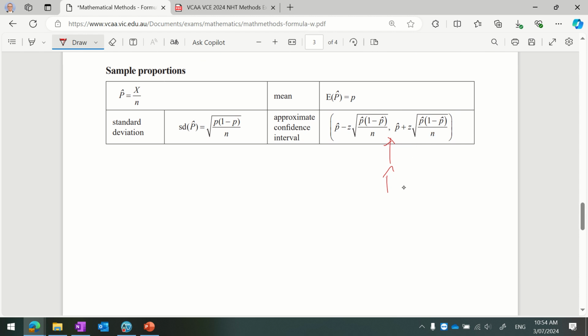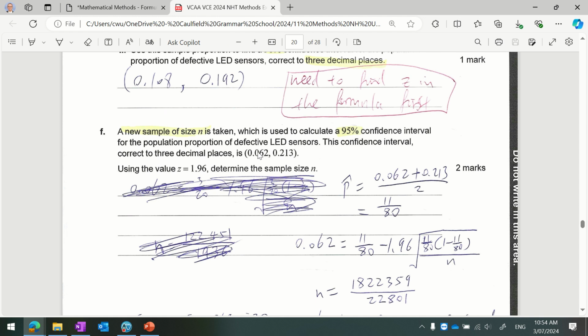So to find p hat, we need to find the middle of the confidence interval, which we can do. We just add the two ends of the confidence interval and divide by 2. That gives us the exact middle of the confidence interval, which is 11 over 80, and that is going to be p hat. So now that we have p hat,